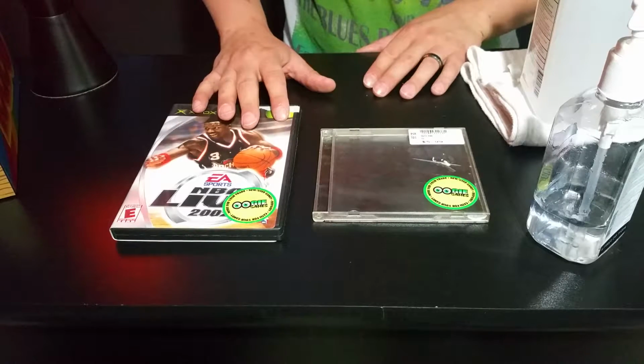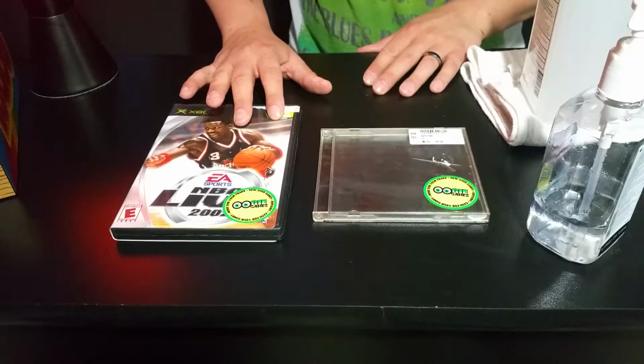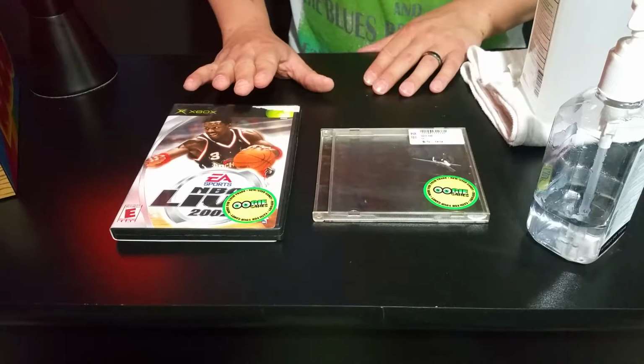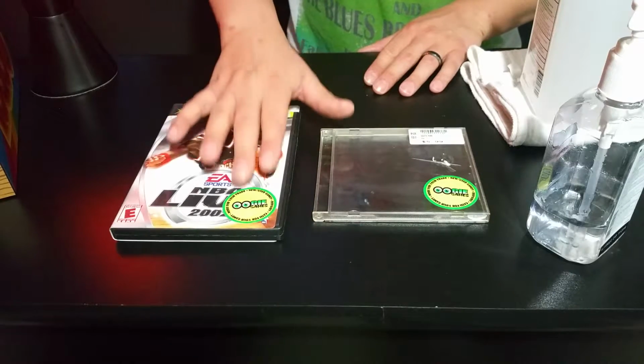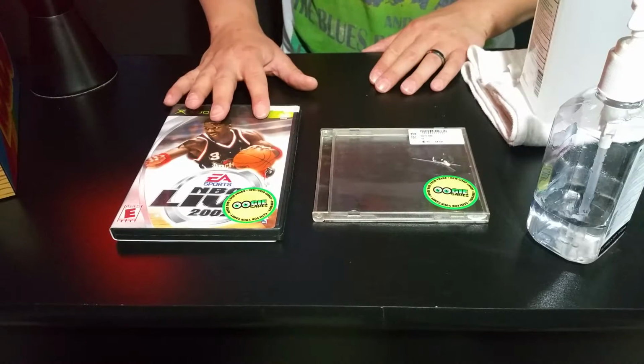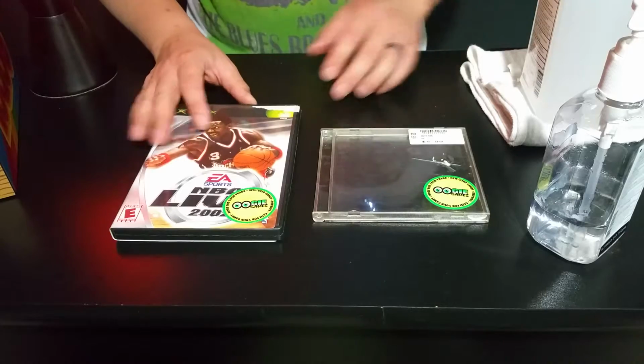I've already taken this one off because I did shoot a video for it, but actually it came out very bad. It cut short, so I couldn't show you. But this technique works fantastic with just about any sticker. Game stickers, price tags, especially those holograms that you just can't seem to get off, if you do like taking them off like I do. So the first thing you want to do,